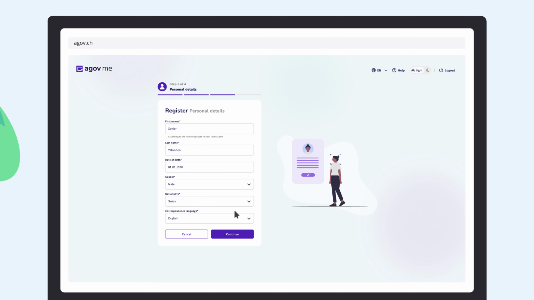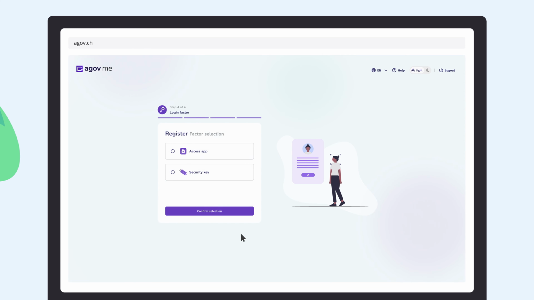Next, your AGOV ID must be linked to a so-called login factor, also known as a credential. There are two login factors available: the AGOV Access app for iOS and Android, and FIDO tokens. Let's look at the first option.